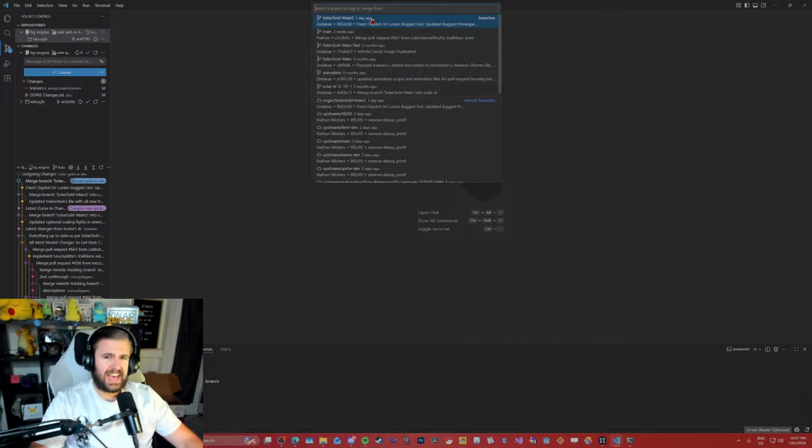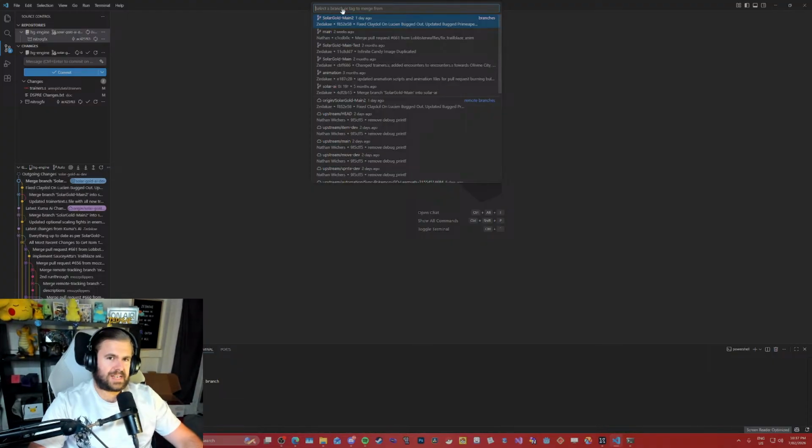Select a branch or tag to merge from. Yeah. So now it's asking me, what branch do you want to merge from? I would say this branch, because that's what I normally do. I want to merge Solid Gold Main 2 to Solid Gold AI Dev, which is the branch I'm in now. But I don't want to merge right this minute.